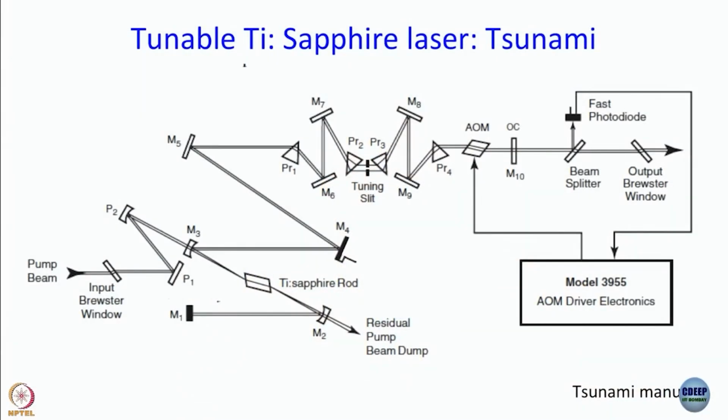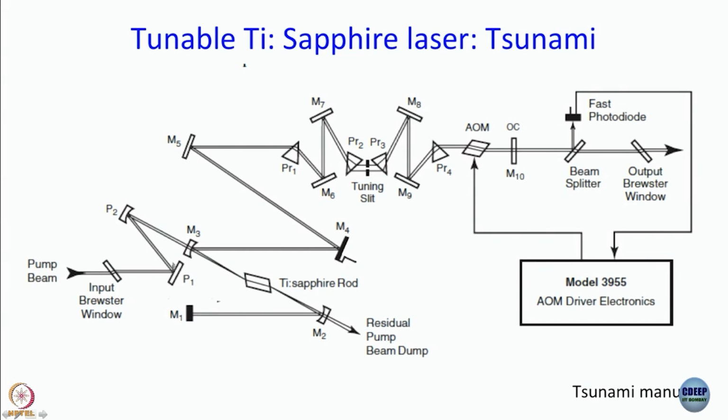Okay. What we have in our lab looks significantly more complicated. In fact, if you look at the manual, it looks even more complicated because other components are included there. That is what took a lot of time today. I had to erase all those things that we do not have. Let us see if we can understand the optical layout of the Spectra-Physics Tsunami laser that we use in our lab. Other lasers from Coherent and other places have more or less similar layout, but every company has its own design. So, here we will spend a little time on this because we want to understand exactly why what each